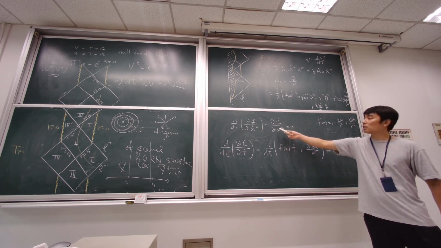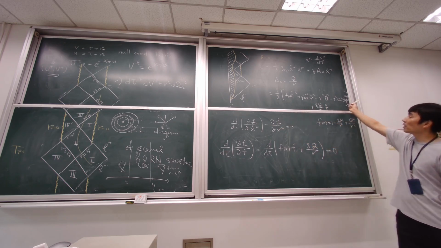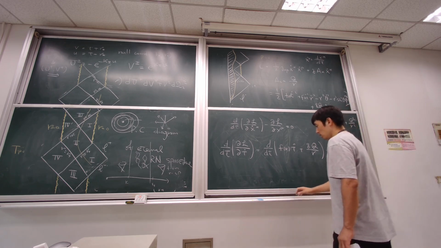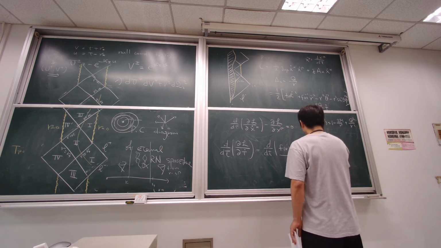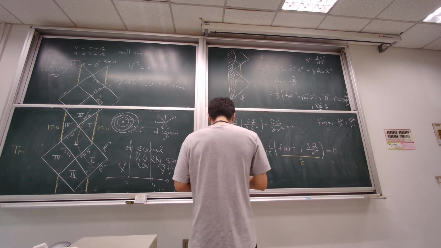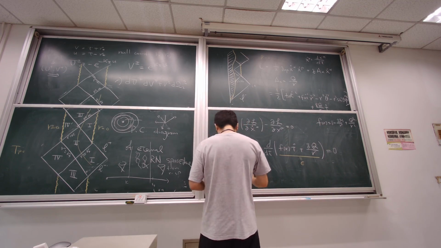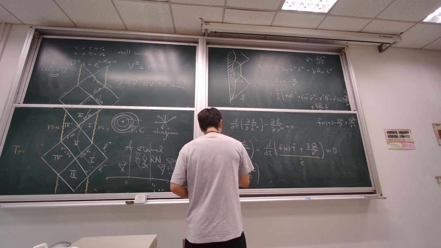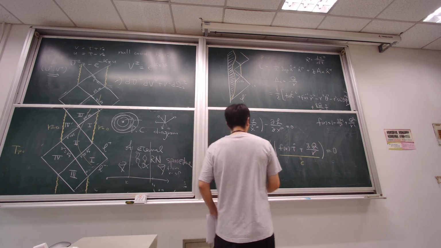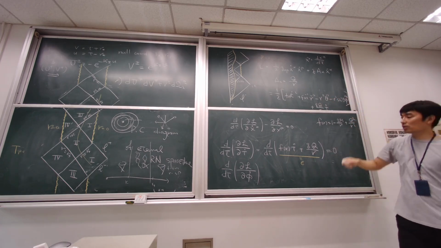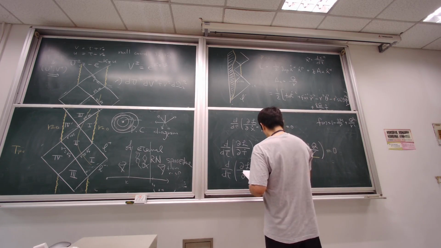This one is 0, because there is no t dependence here. So therefore, this inside is constant. I call it epsilon, and also this is phi dot of d tau. And again, there is no phi dependence in here, and this is equal to